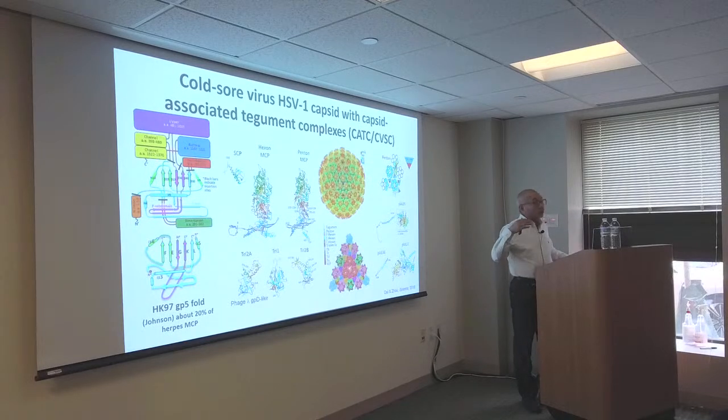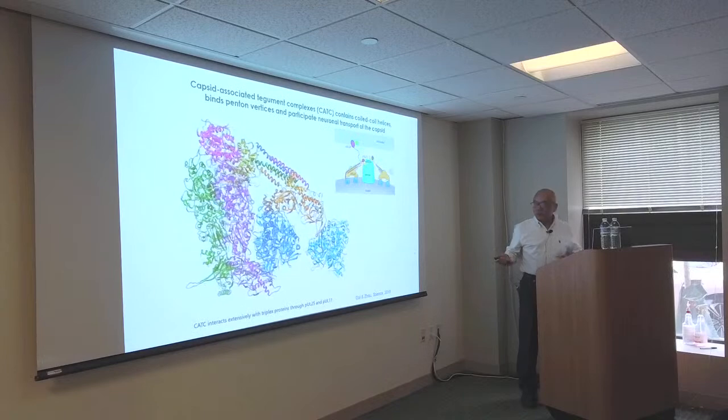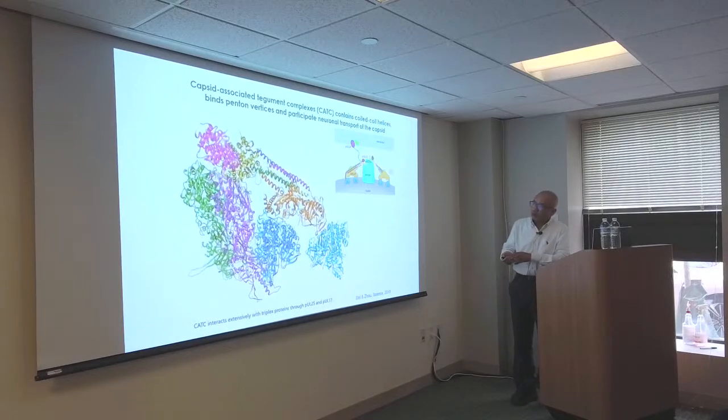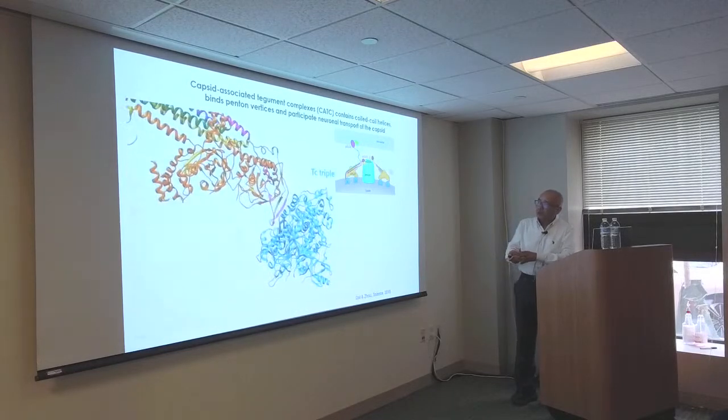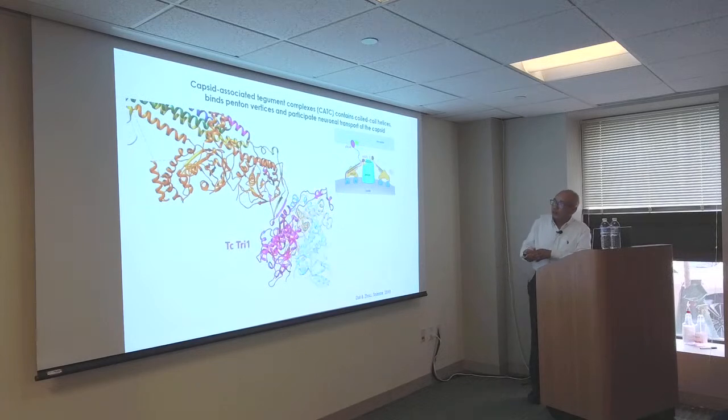In fact, if you compare different herpes viruses, we actually studied almost all the herpes viruses mentioned, and those structures were determined subsequently. If you compare those structures, the capsid structure is very similar, and it is this additional layer of tegument proteins that differs across different herpes viruses. In this particular case, this protein has coiled helices. This is the main MCP, and this is a trimer. You see this additional protein right here. Those are the tegument proteins. If you look carefully, they have this color